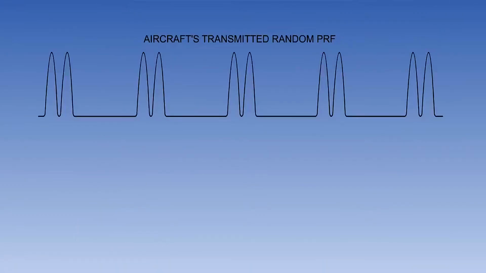Let's look in more detail at this pulse technique. Each aircraft's interrogator is programmed to transmit its paired pulses at random intervals. That is, the transmission sequence of pulses, also called the pulse repetition frequency, PRF, is irregular or jittered. This differentiates its pulses from those of other aircraft. The use of twin pulses ensures that the receivers never accept matching randomized single pulses, which could possibly emanate from other radars, ignition systems or lighting.